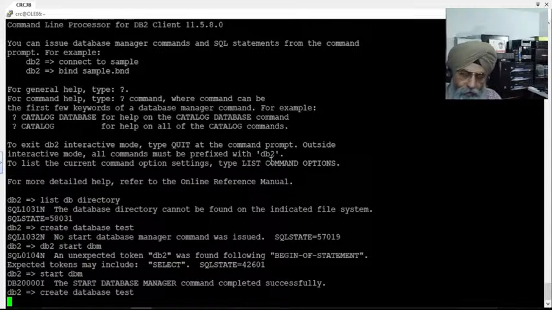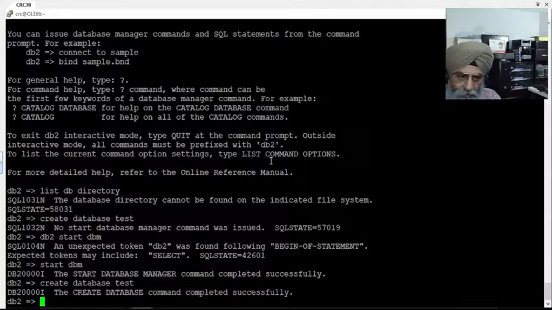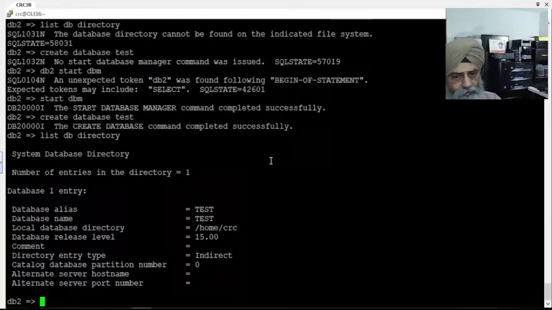Maybe it needs some time to create the database directory or whatever, or it may be that the disk is operating very slowly. The database has been created. Let me come out. Okay, well, here is list database directory. List database or db, same thing. This keyboard can be used. Directory, right? So it will give you this type of entries